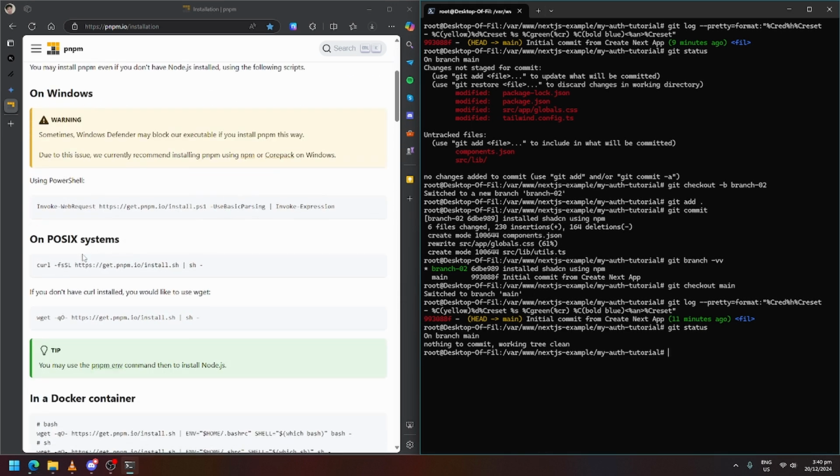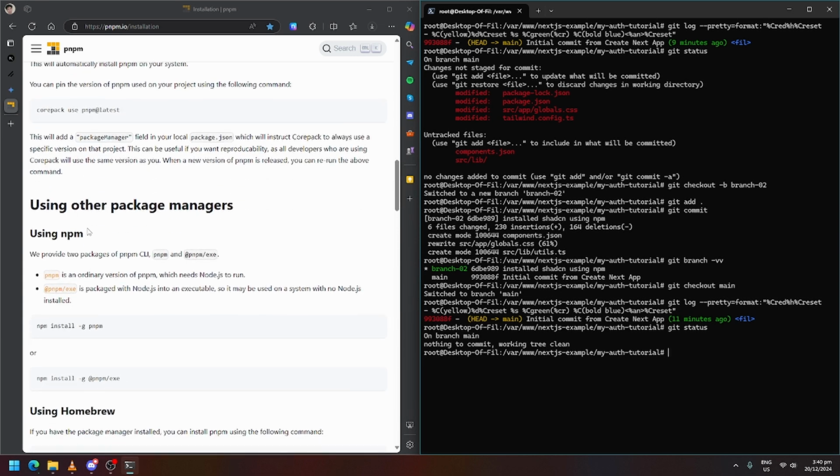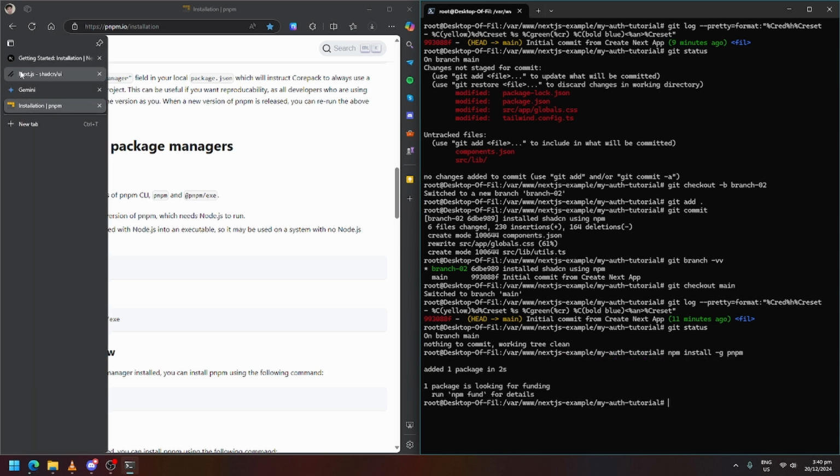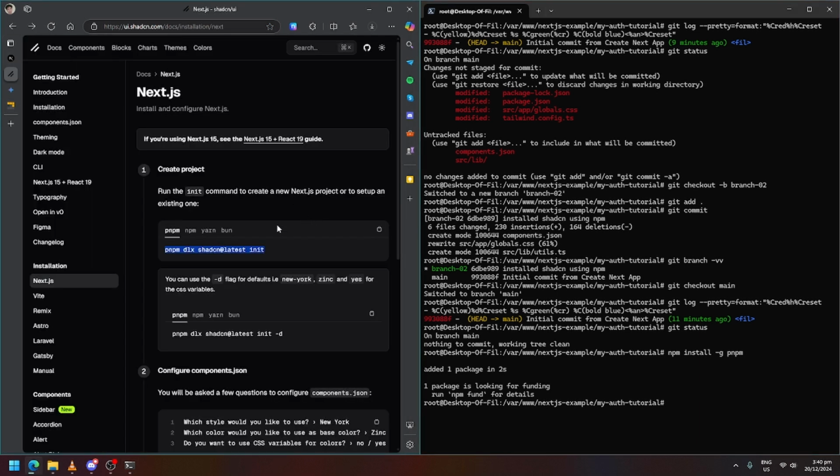PowerShell, curl, POSIX, using npm. Okay, let's use npm. Alright, and let's try to install this using pnpm dlx shadcn@latest init.